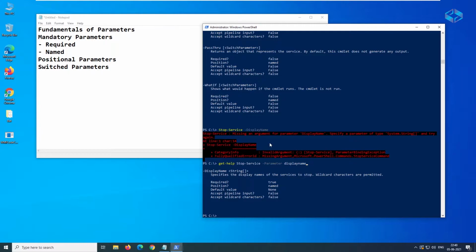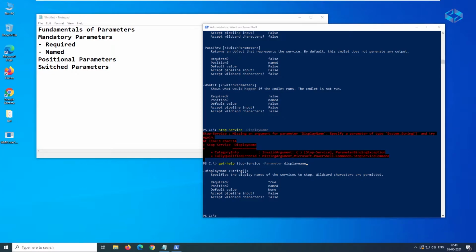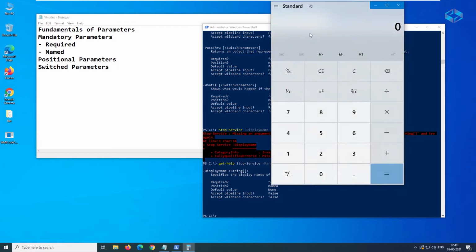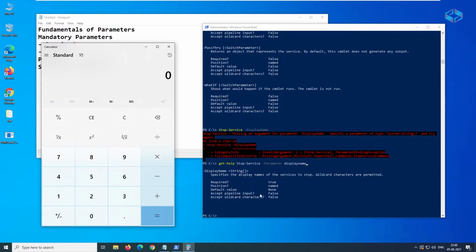the service name. Let me open a calculator here. So the process name, maybe, let us say now another example, Stop-Process, which is one of the commands.